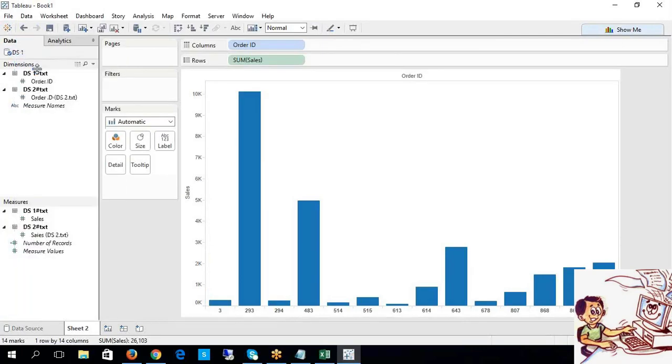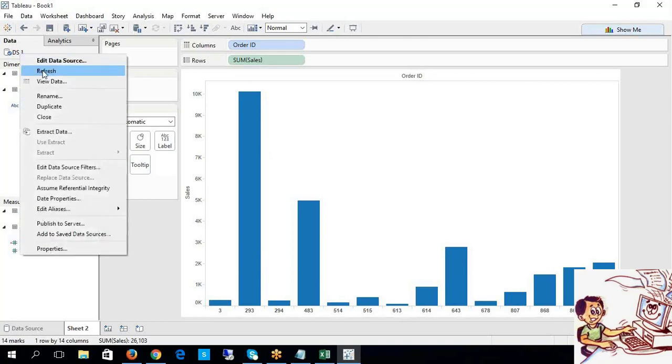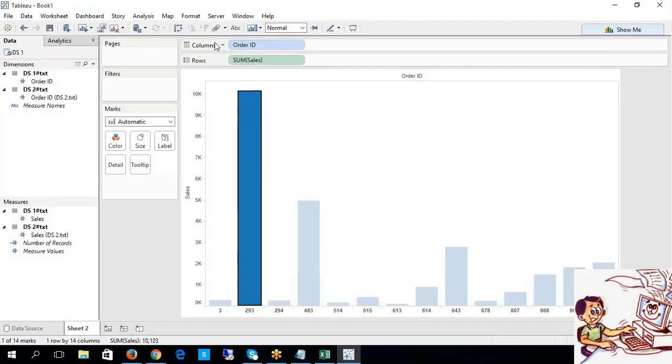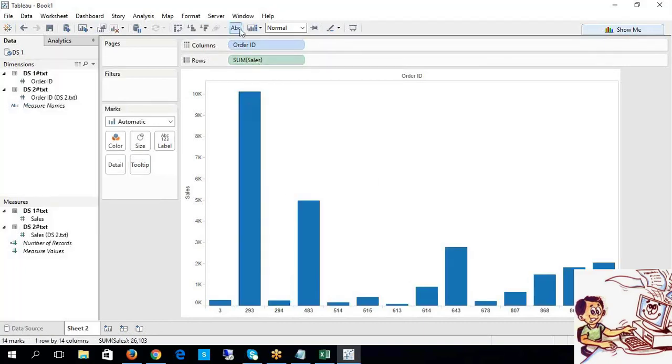Then only the corresponding values are refreshed from your respective sources and placed here. This is the way to refresh your live connection. So the structural changes or data level changes affected at your source level will be reflected in your dashboard or worksheet.